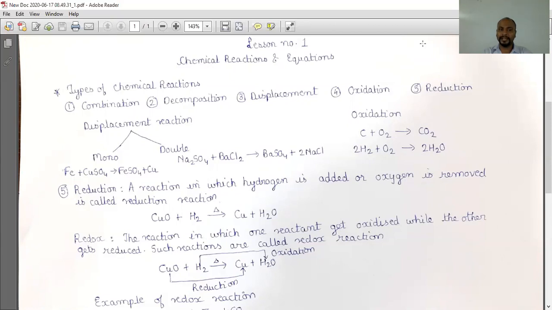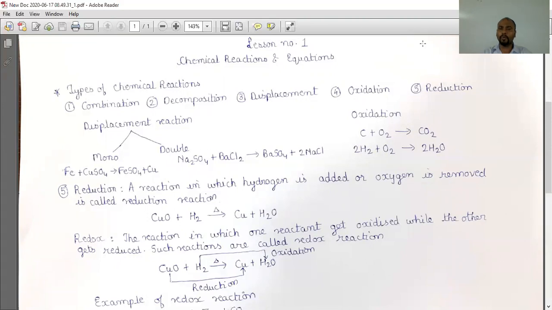Moving on, the second type is double displacement reaction. Double displacement reaction means the reaction in which 2 or more atoms are being displaced. The example to understand it is, take in a test tube sodium sulfate solution. Introduce barium chloride in it. You will be able to see, due to the reaction of these 2 reactants, precipitate of barium sulfate is obtained. As it is insoluble in water, a separate layer is observed along with sodium chloride. This is an example of double displacement reaction.